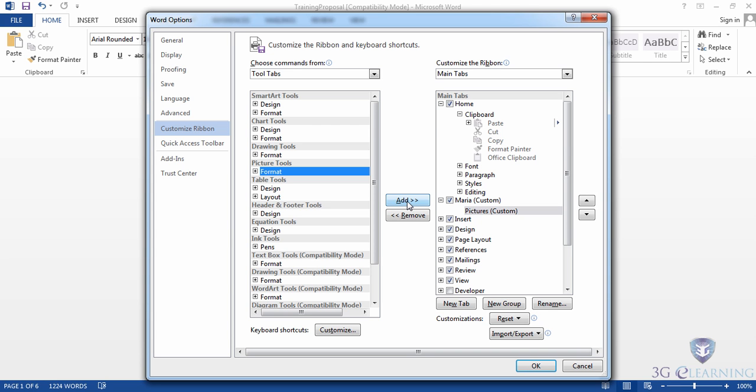I currently have the Pictures group of the custom Erin tab selected on the right. We probably assume that my new entry will be added to or below the selected item, in this case, to the Pictures group of my tab. When I click Add, though, Picture Tools actually gets added as a first-level feature or an actual tab in my